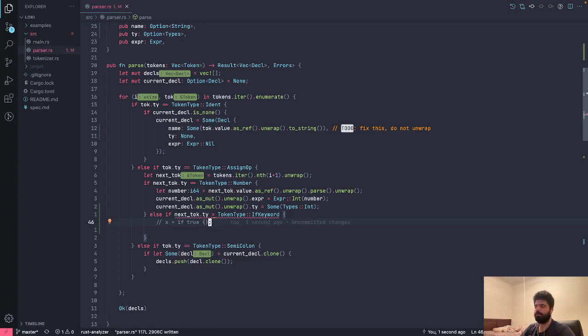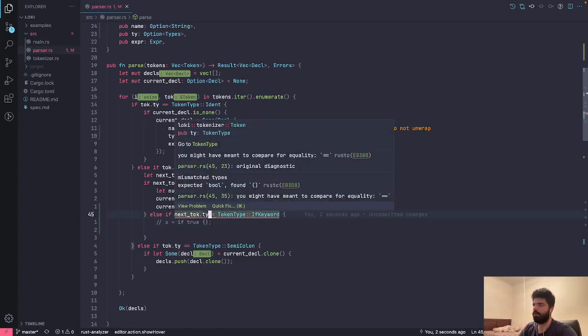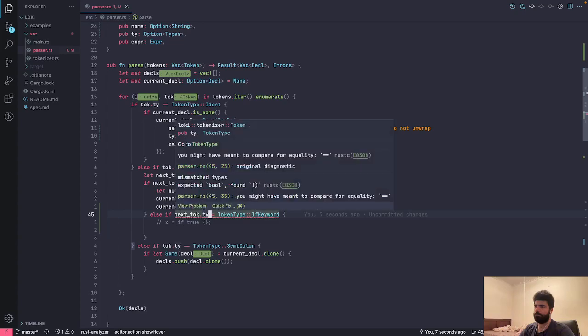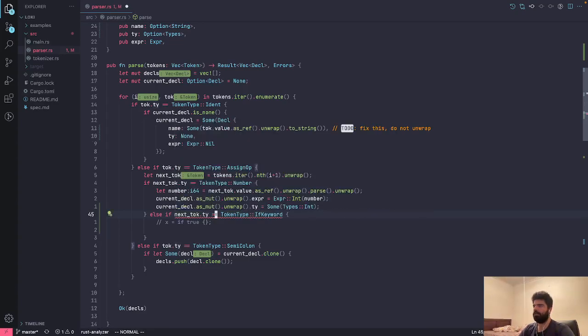What would happen? For every token we can infer that, right? So for example, if we have an if, what we need to do